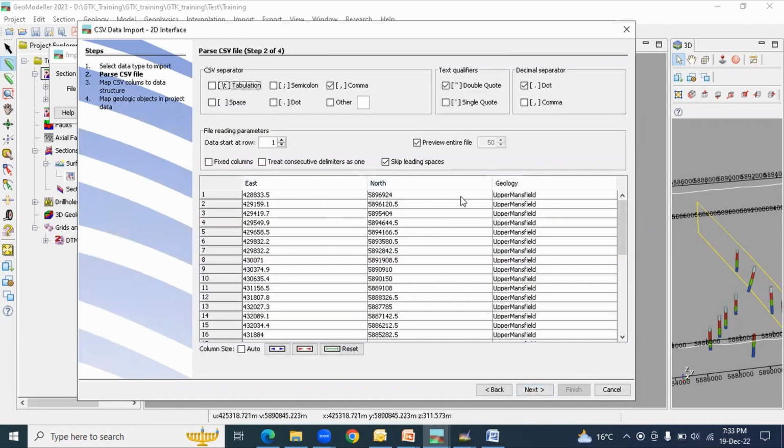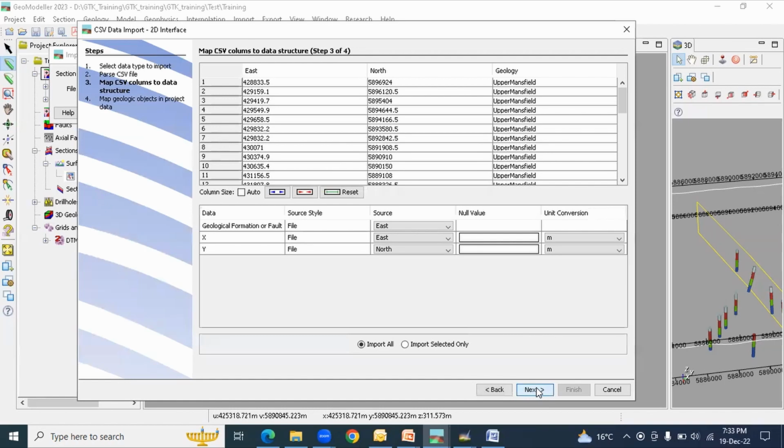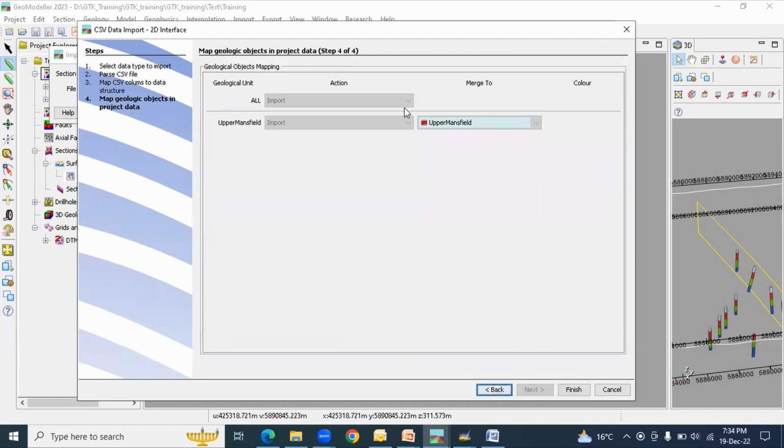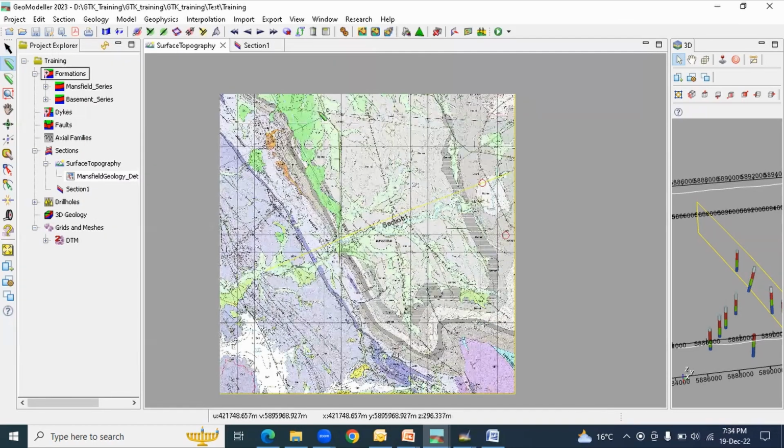This is actually the coordinates of the points of the upper Mansfield on the surface topography. Just click next. Here we need to be careful that the geological formation is set to the geology, and the geology is the upper Mansfield. That means this information is going to sync with upper Mansfield data. You see here, we're going to import this data set into upper Mansfield geology. Once we hit OK,